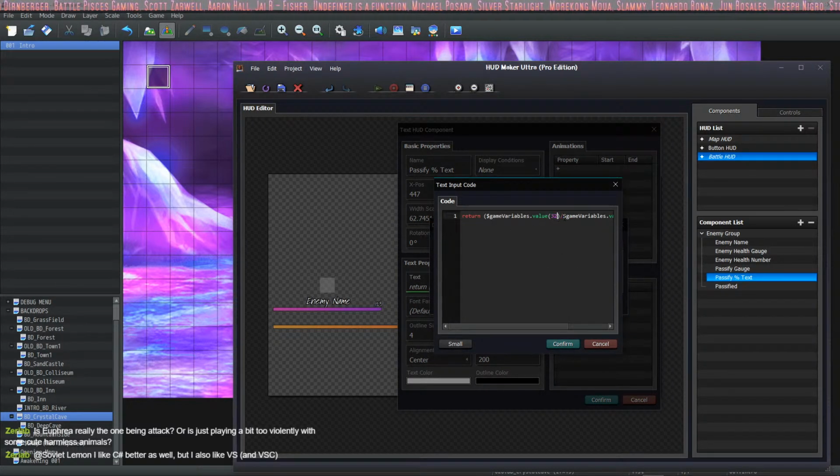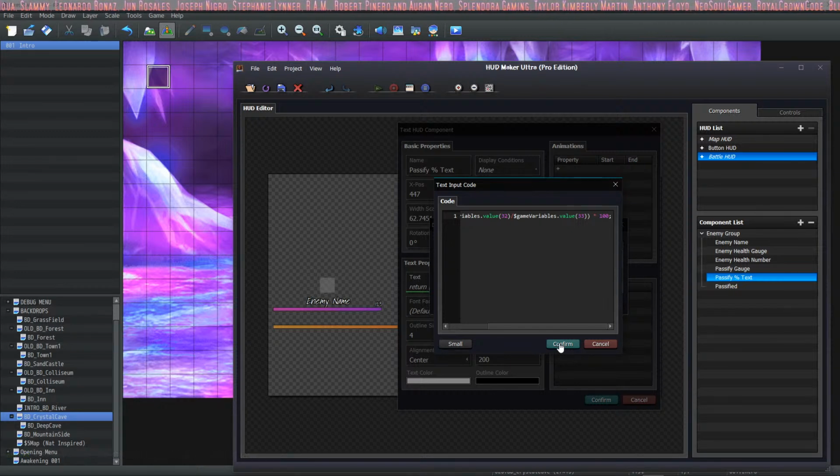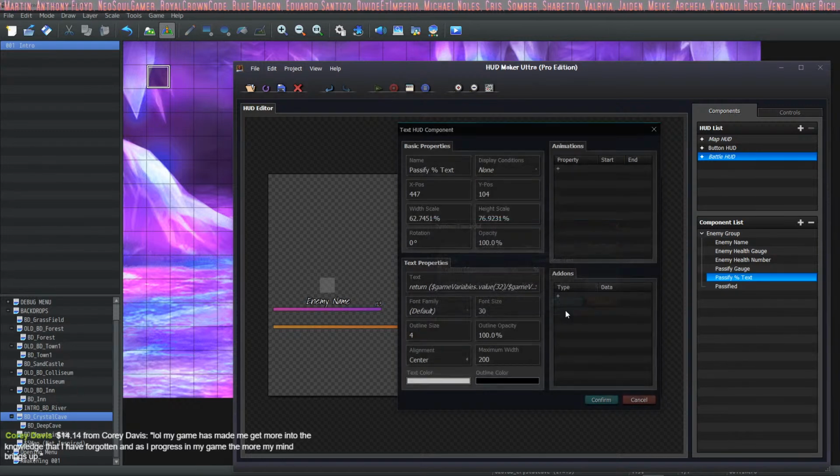Return their value divided by their max value times 100. So at the beginning it's going to say 100. Should I start it at 0 and then make it... I should start it at 0 and make it go up. All right. So this equation would stay the same.